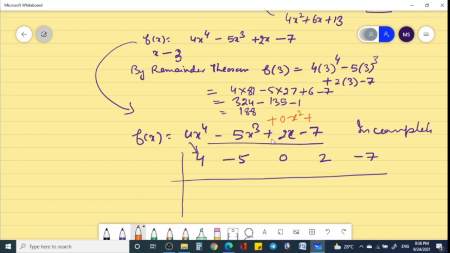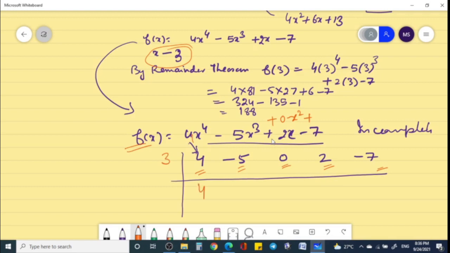Because it has power 4, a 4-degree polynomial, in a complete polynomial there will be 5 terms. So we should be careful before applying synthetic division: if the degree is 4, then there must be 5 terms, and if the degree is 7, then there must be 8 terms. So now we wish to divide by x minus 3, or you may take x plus 3, or x minus 2. So if you take x minus 3,